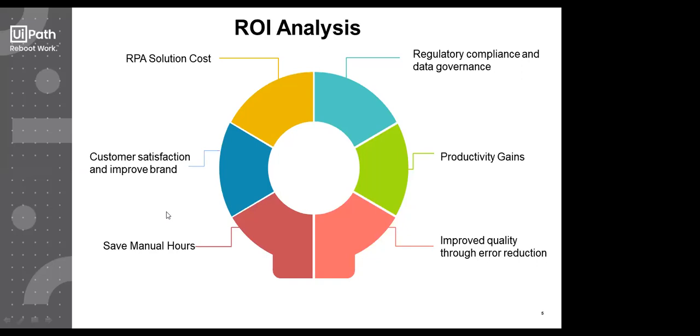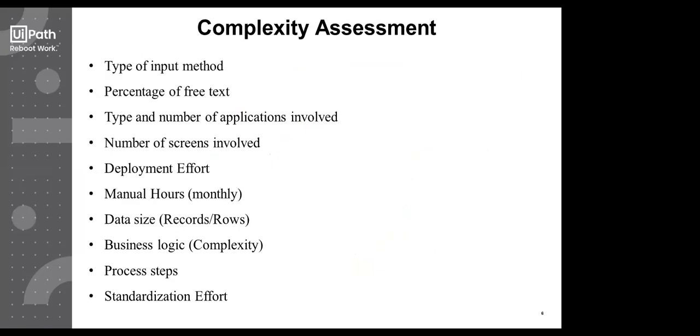And again, I'll be saying the same thing, that it totally depends. You can even mold all these things according to your setup. If you do not consider the error reduction while calculating the ROI, it's fine. It totally depends on the model you've been operating in. If you want to consider the number of applications involved as a key factor while assessing the complexity, then you can.